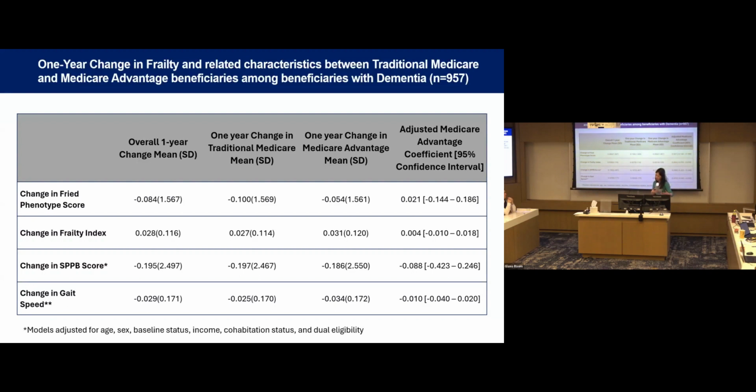And so one year later, in the next NHATS survey, when they go back and we measure frailty again in these participants, what we were wondering is perhaps Medicare Advantage is able to delay the progression of frailty. And what we're saying is that's not necessarily the case. There's really no differences between these two populations when we look a year later in their degree of frailty. So whatever's happening here is actually quite steep. The adjusted estimates here, just so I'll quickly mention, are adjusting for age, sex, baseline status of whatever frailty the person had, cohabitation status, eligibility, et cetera. But even the unadjusted difference, you can eyeball and see that there was really no difference there.